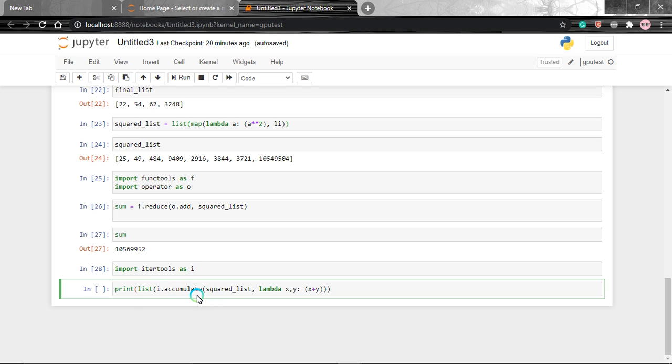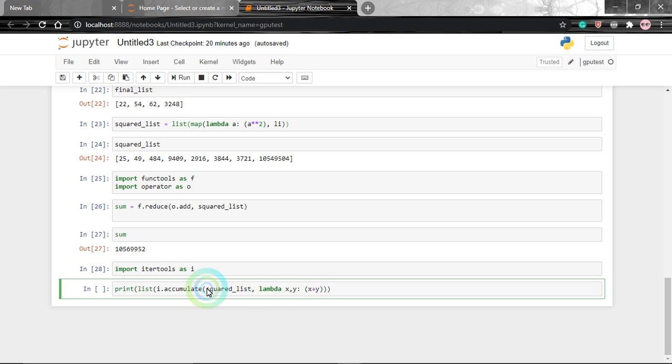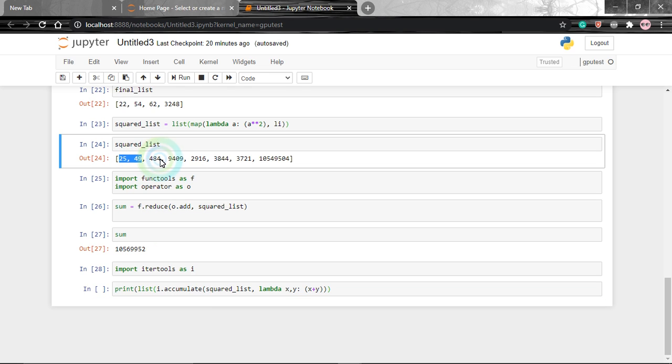So it will create a list with the first element as the sum of these two. Then it will go to the next element and take x as 49 and y as 484, and again add both and accumulate into our list. The first element was the sum of these, the second element the sum of these, and so on, like this it will happen.